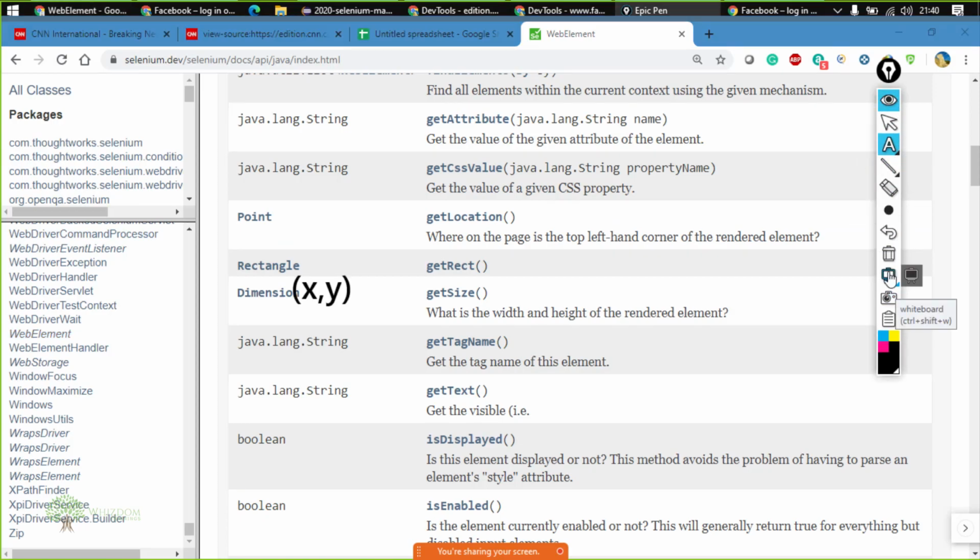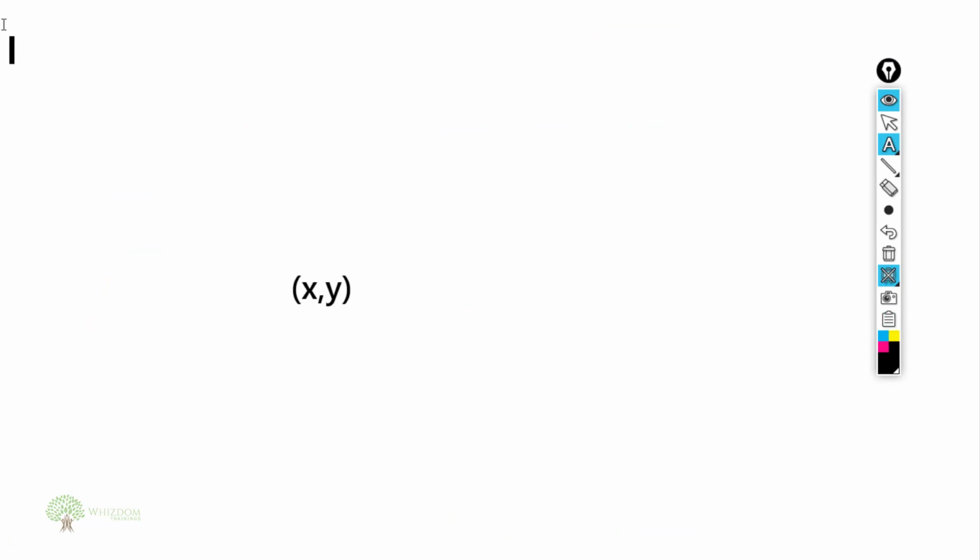Now what is the 0 0 coordinate? The top left corner of the page would have the coordinate 0 comma 0, right? Now this is x comma y,